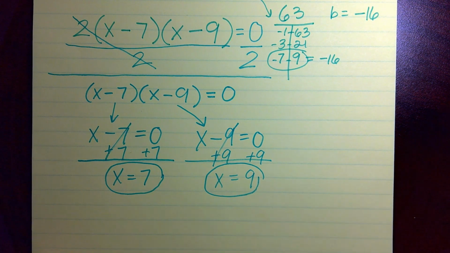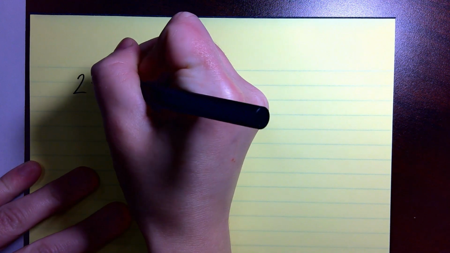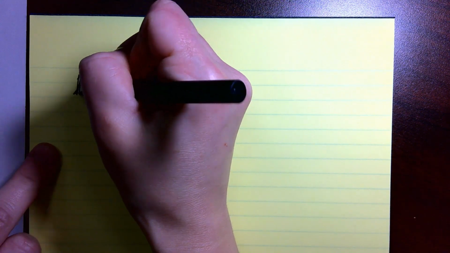Well, here, let's try another one like this. That's great. Let's try another one like this. Okay. How about we try... I want us to solve... Actually, I don't want to do a 2. Sorry. I want to make it a little different. Let's do